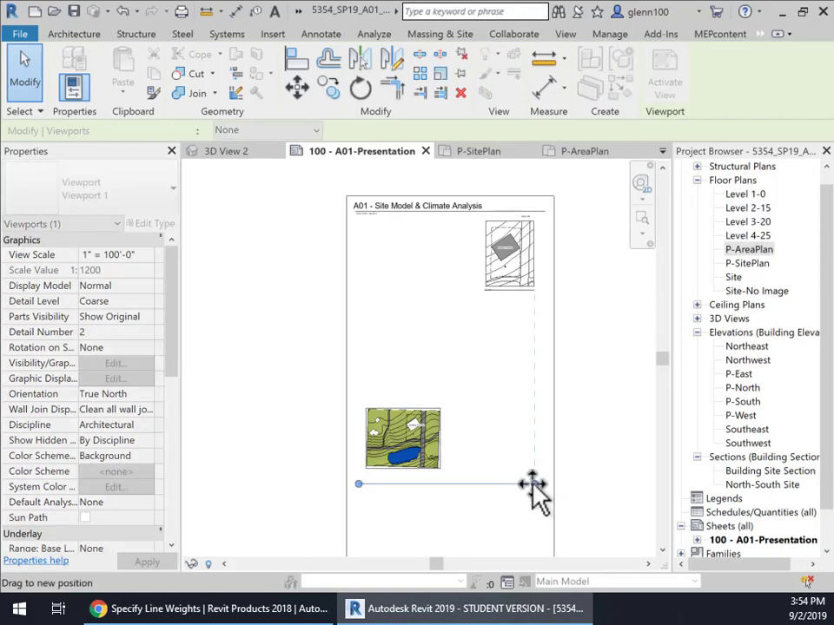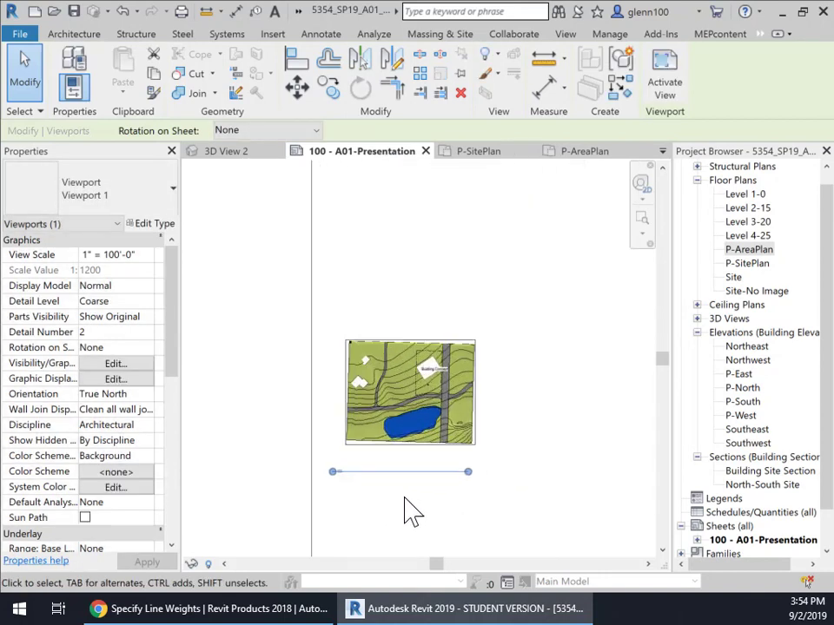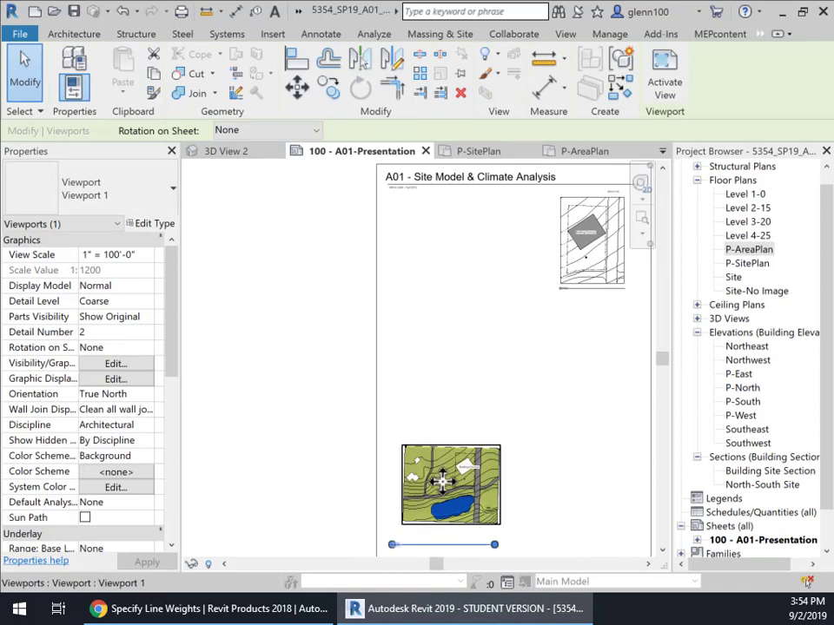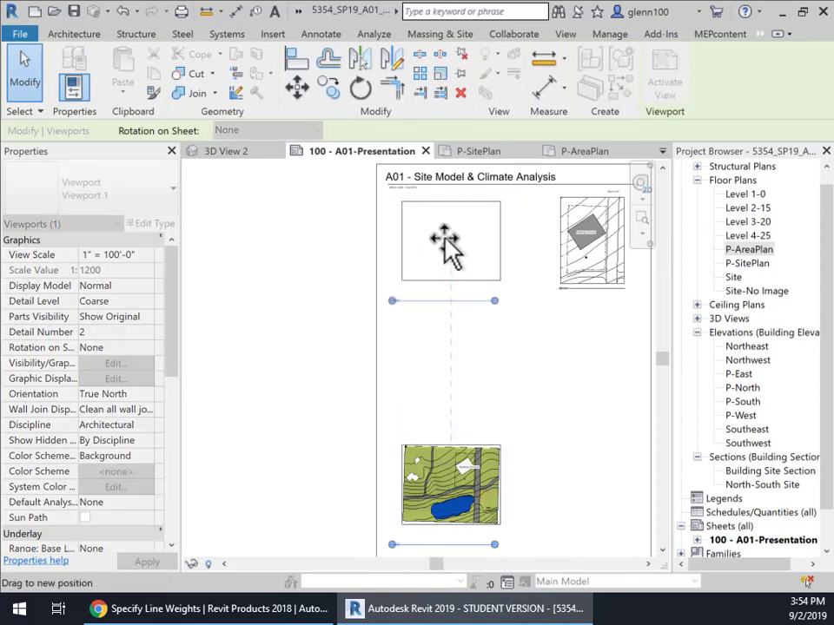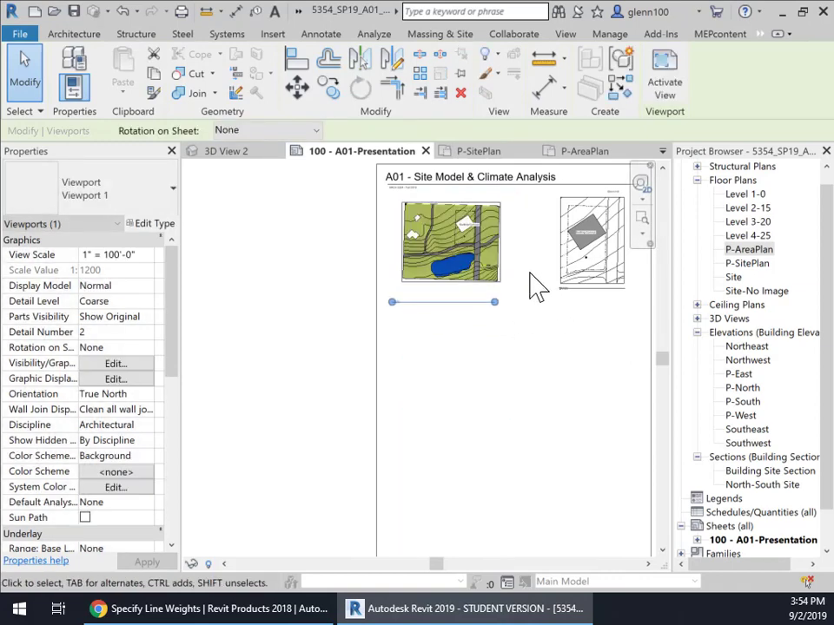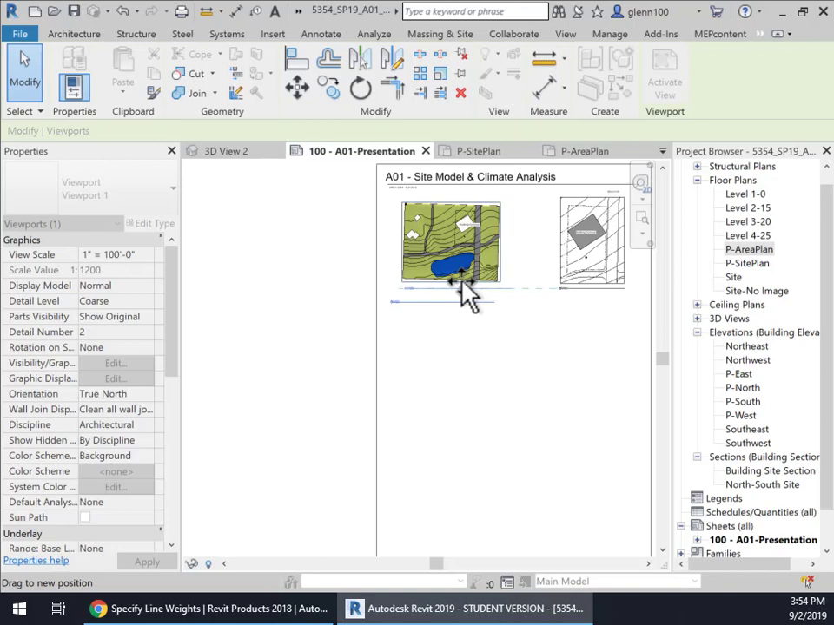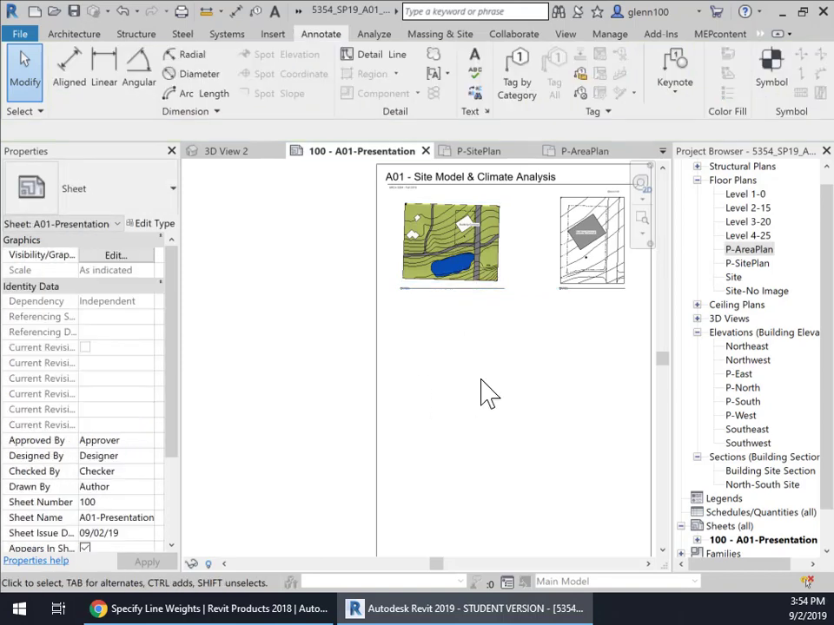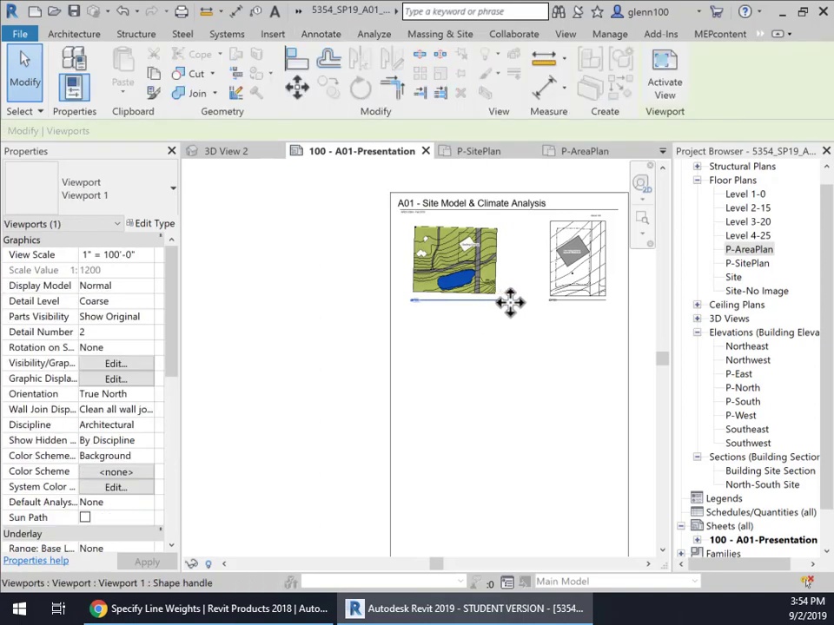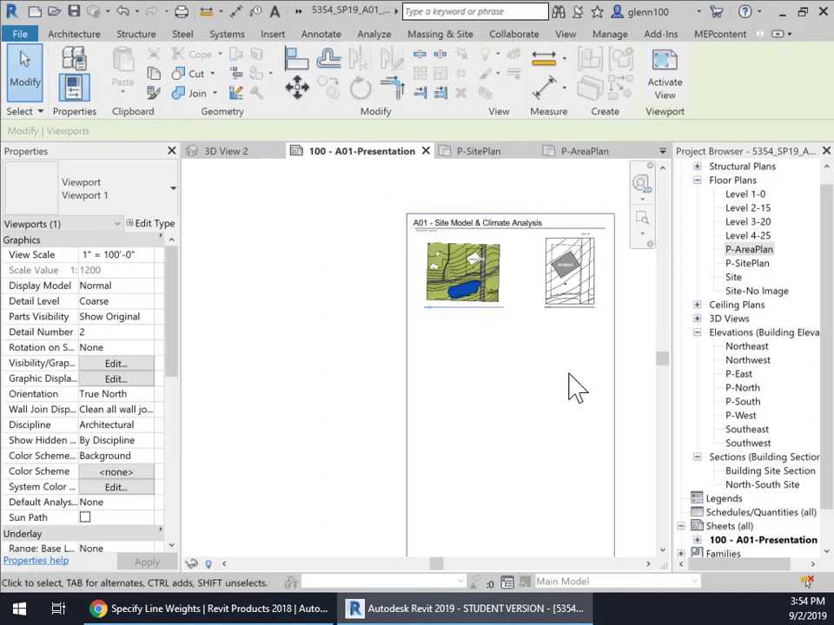I'm going to change the length of this line. I'm going to move this view up here next to this one. So just make logical decisions. I don't know how big your views are going to be. Just make logical decisions and stay with it, compositionally what works. Annotate this as needed. Let's go